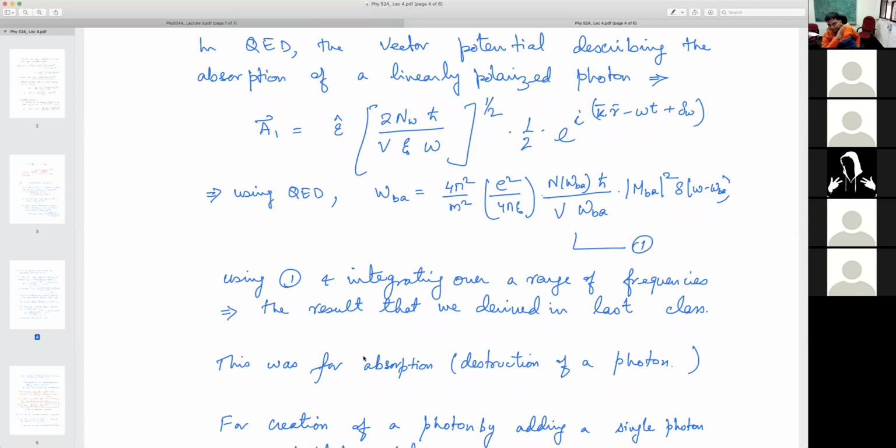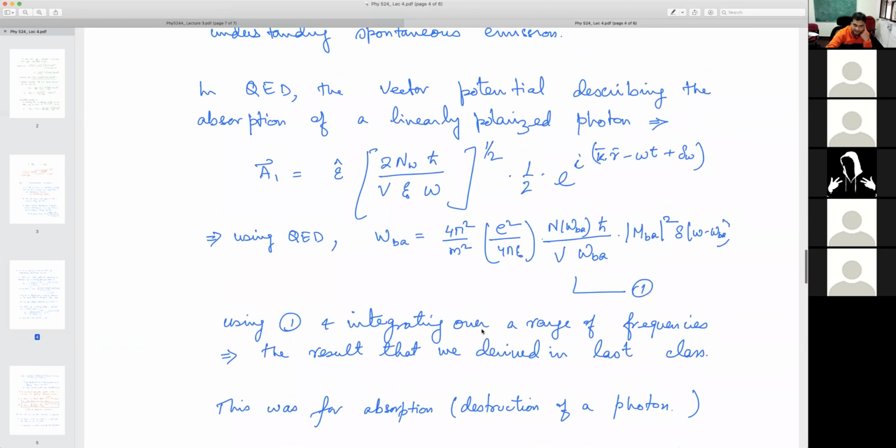So the semi-classical result is absolutely the same result, actually, for absorption, which in the quantum electrodynamic sense is the destruction of a photon. So I absorbed the photon, I destroyed it basically. All that I said here is that if I do a more sophisticated calculation for the absorption by writing the light-matter interaction in a completely quantum picture, so the atom is also quantum, the light is also quantum, and then do this calculation, I'll get the same, absolutely same result for this.